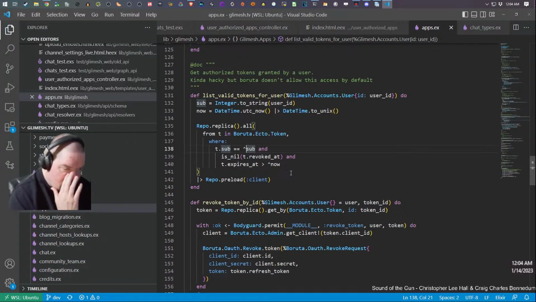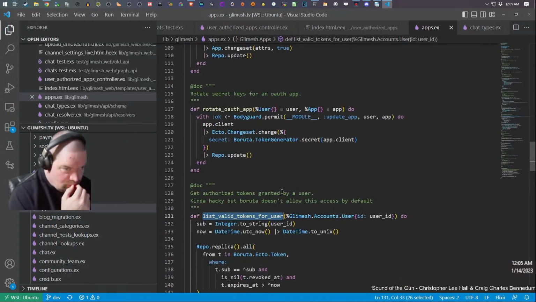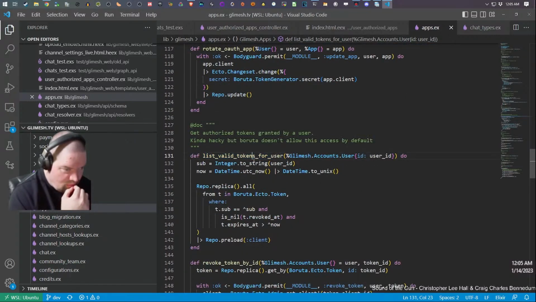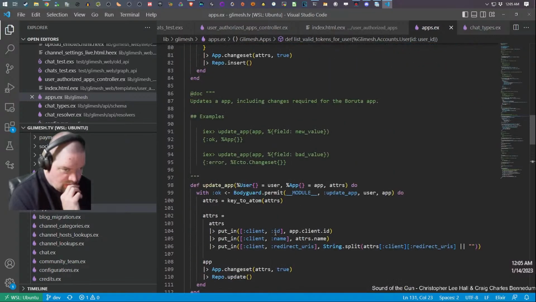I mean, technically speaking, this is looking for valid tokens, which the token wouldn't be valid. You would have to ask for a new one because it's expired. But so that just means this is the wrong method call for that, right?